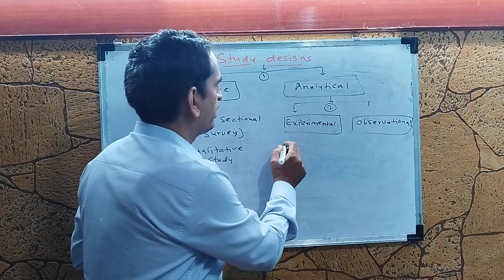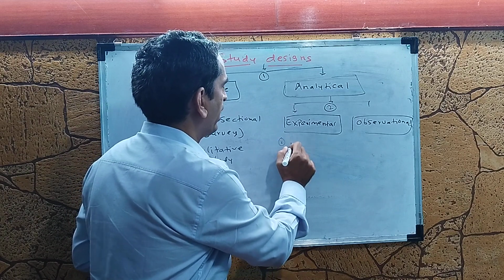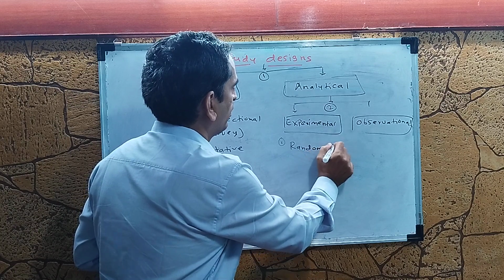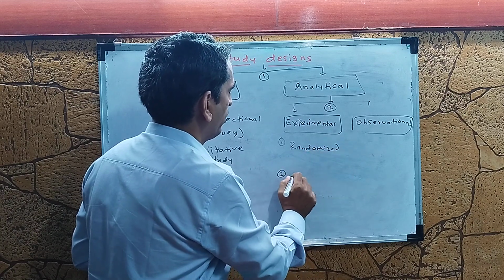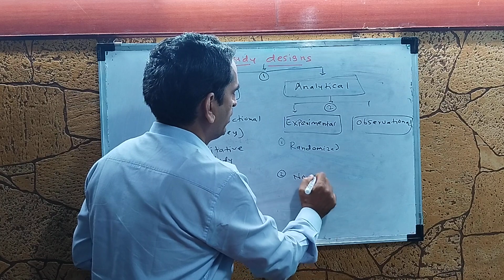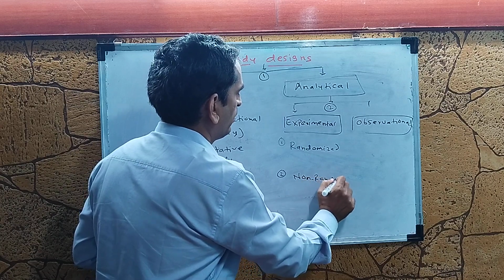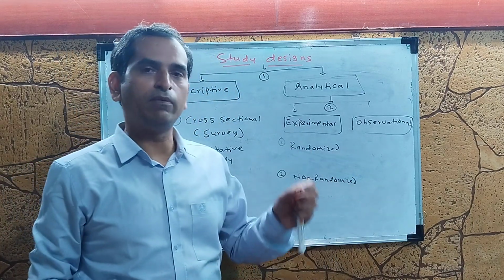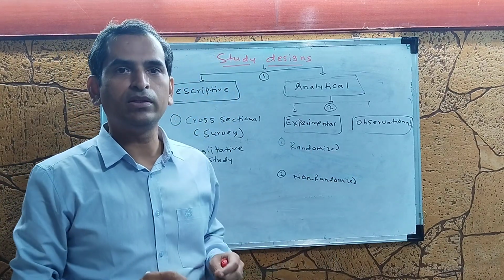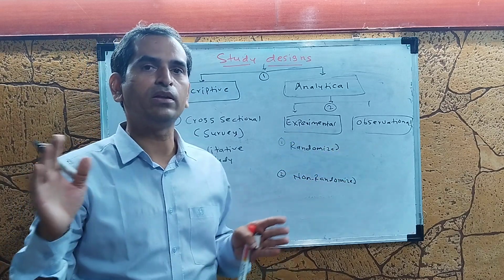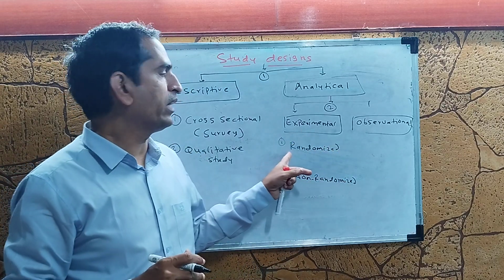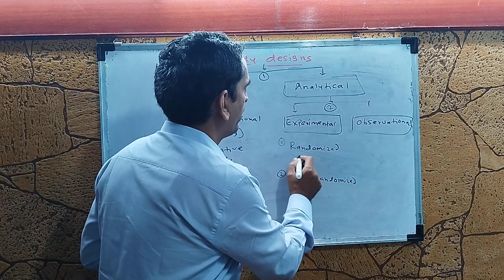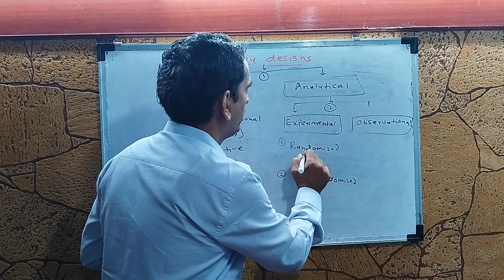The experimental studies can be randomized, or they could be non-randomized. That means before the intervention is done, the groups are randomized. One group will receive X treatment, the other group will receive Y treatment, based on the randomization. The randomized studies could be parallel studies,